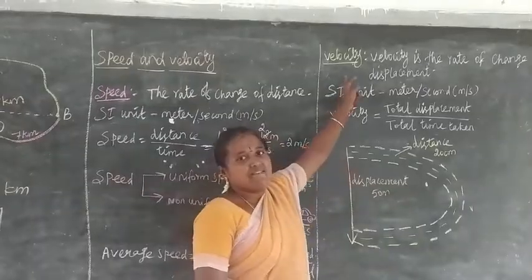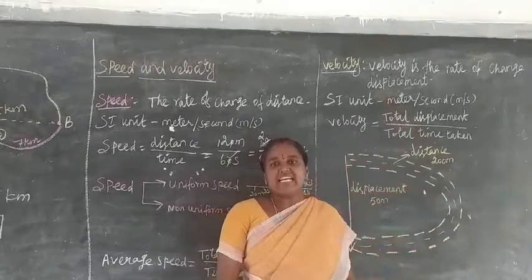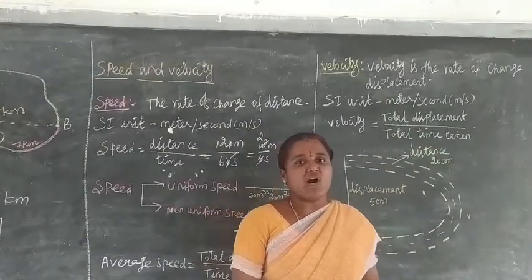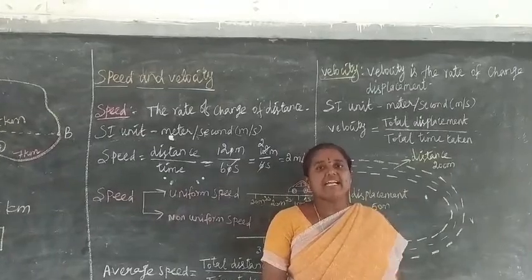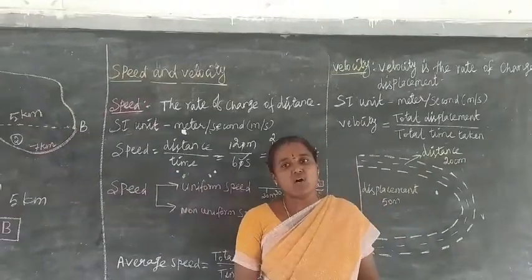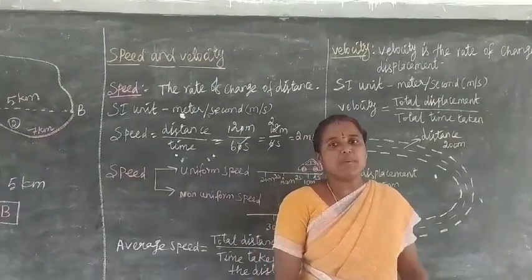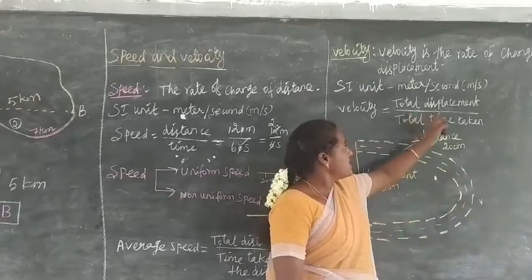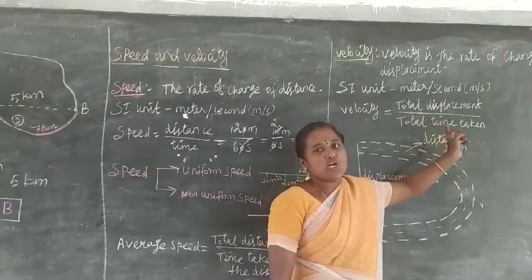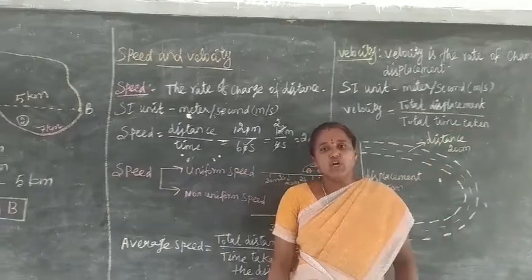We will see velocity. What is velocity? Velocity is defined as the rate of change of displacement. Similar to speed, the formula of velocity is total displacement divided by total time taken. Now let us look again